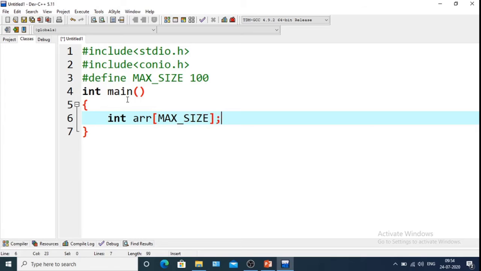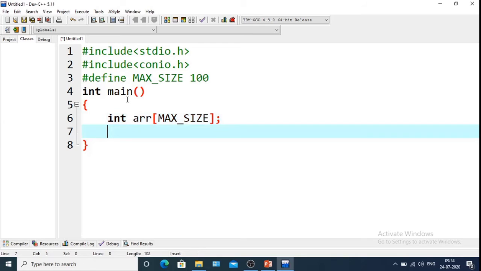This is an array of max size, that is an array of 100 elements. Next we will take int variables size, I, and to search, which stores the searching element, as I discussed before, and found is the flag variable.